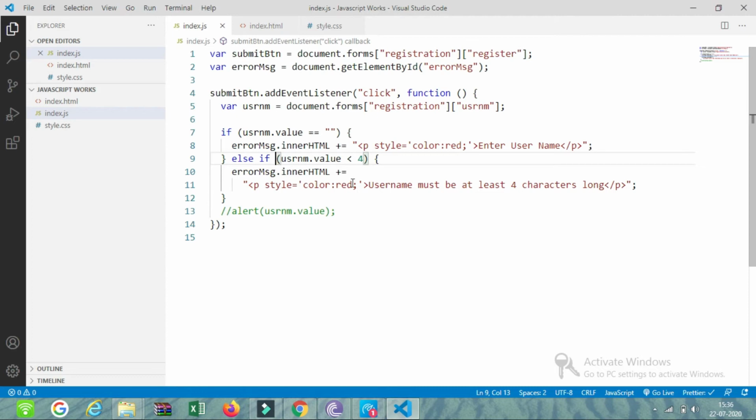Okay, there was a logical error. If this condition matched, then only this will execute. Else, if it is not blank, then it will check whether it is 4 characters long. The condition didn't get executed. Let's see what happened here.